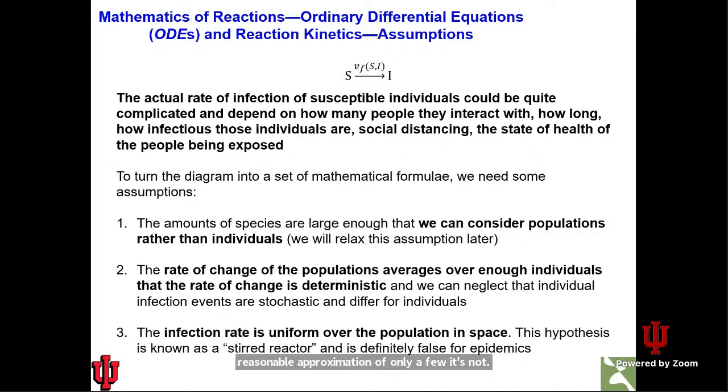And the next thing we're going to assume, which is another big approximation, is that the infection rate is uniform over the population. And that's clearly not true. Some people don't go out. Some people mix in large crowds. And so that assumption that the rate of infection is uniform is not really a very good one,